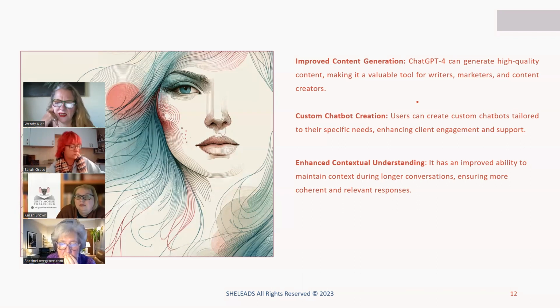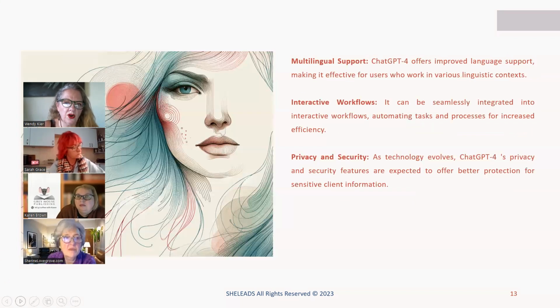The capacity is there. So it has a much better contextual understanding of the questions that you are asking it. Multilingual support it has, so you can speak in foreign languages. I think you can put it in English, ask it to write in Spanish, and it will write it in Spanish.